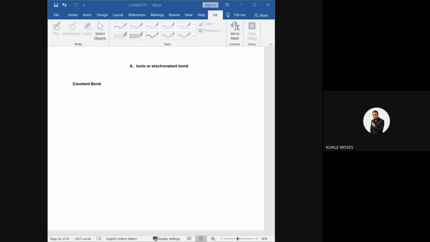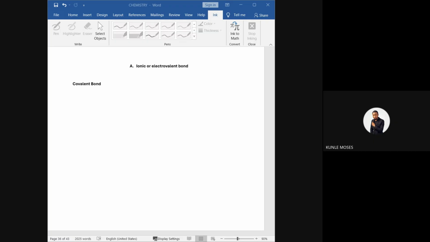All right. So the coordinate bond, like I said, you can also call it dative bond. Anytime you see dative bond, it's also coordinate bond. Like I said, it is very similar to covalent bond, but they are different. It is just a special case of covalent bond. It also involves sharing of electrons, but in coordinate bond, the sharing of electrons is only done by one atom. One atom will provide the electrons for the two elements that are pairing together.